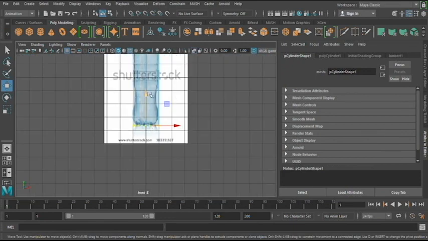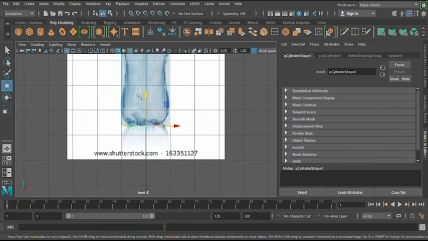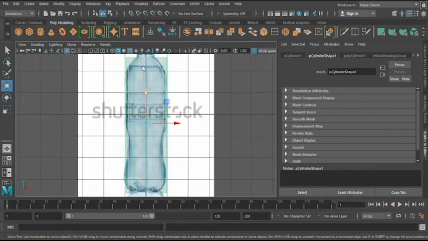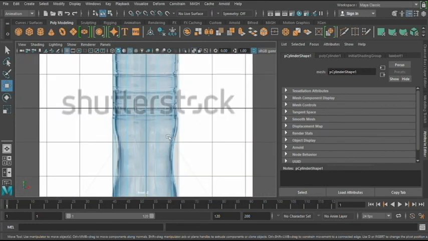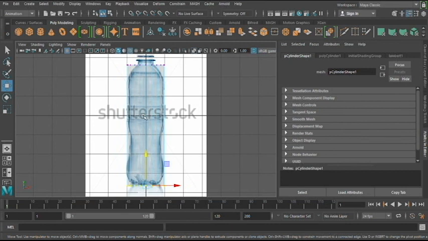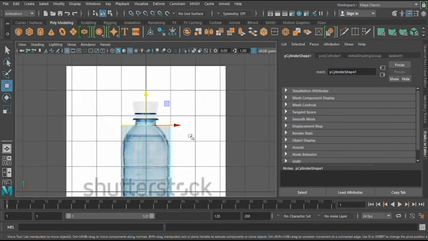Okay. So the next thing I'm going to do is go back to object mode. I'm going to focus it over here. So now I'm going to add these extra types of bends, because the water bottle kind of bends over here. It has a little, like, the edges kind of vary. So I'm going to first